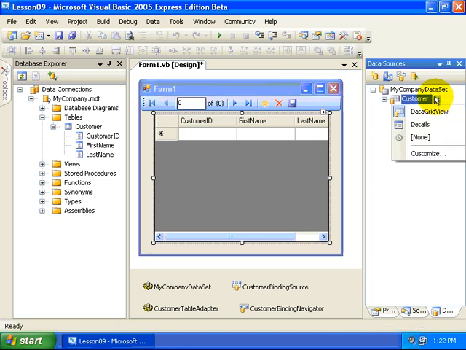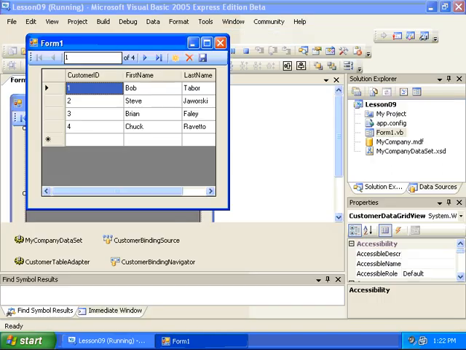Now, why do we get a grid? Again, because we selected the Data Grid View. We'll show the other one in just a moment, the Details view. So now all I need to do is run my application, and I have a fully operational application. You can see here that this looks analogous to what we saw with the SQL Server 2005 Express Edition tools, where I'm able to, at the very beginning of this, view the table data,